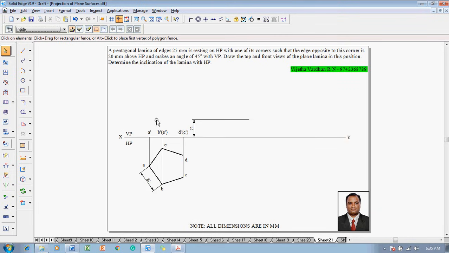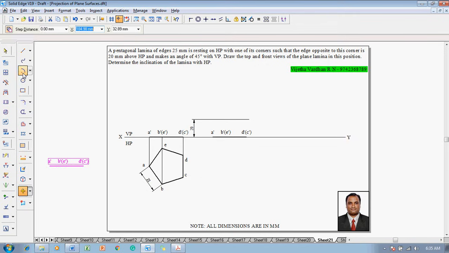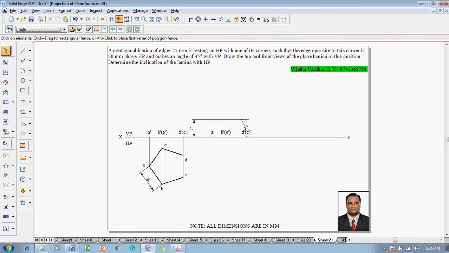After which, select the front view completely and make use of the move command with respect to A dash, and reposition A dash anywhere on the XY line with the help of the point on element command. Then go for the arc by center point command. Select A dash as fixed and D dash as the radius, and draw an arc till it touches the 20 mm height line. Wherever it touches is the exact position of D dash